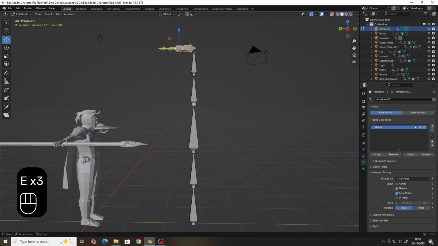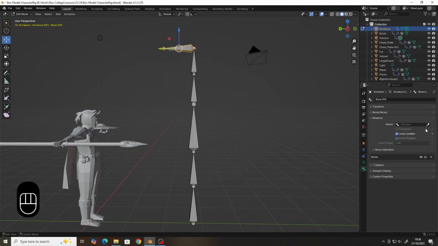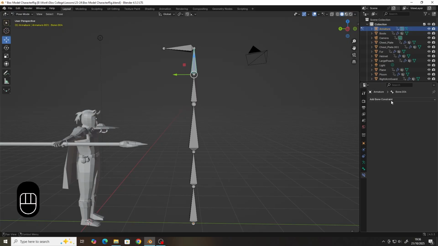Okay, so I'm just going to quickly create a control bone, remove the parent and everything like that, go into bone constraints, and add in our IK, telling this modifier what rig we're going to be using, what armature, and then what the control bone is. And if I move this now,